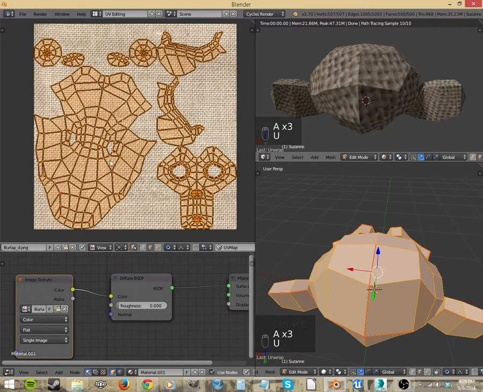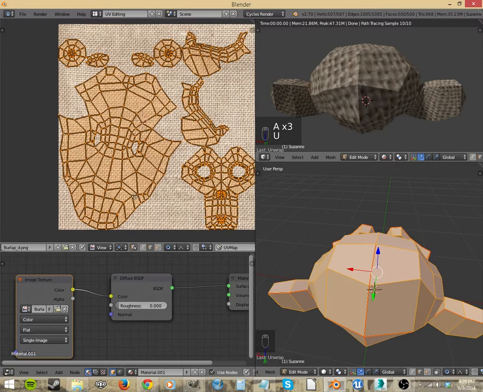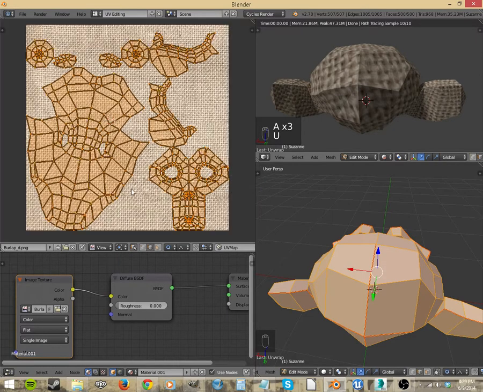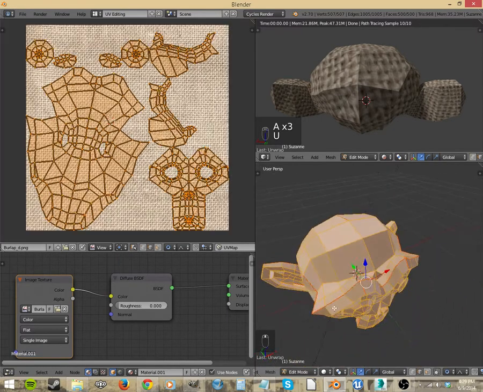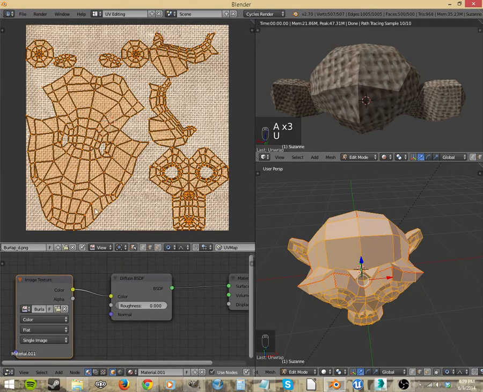Well, it's pushed together, so those seams didn't really matter. You just kind of got to play with where you're going to put your seams to unwrap things. And then these are your islands. And if you wanted to paint on this for textures, you can export this as an image. There is a way to paint in this, but that's a completely different video. So I'm just going to show you here how to